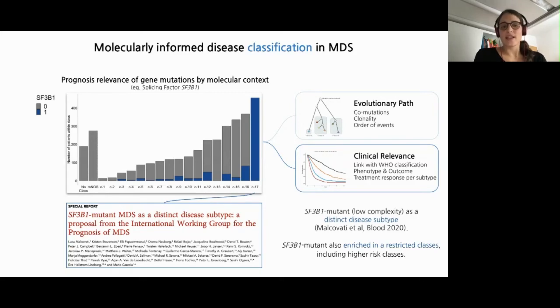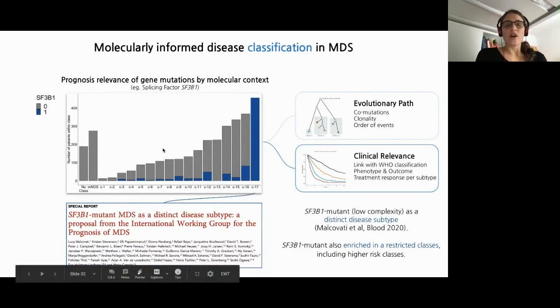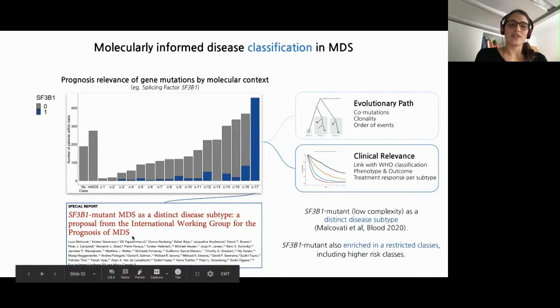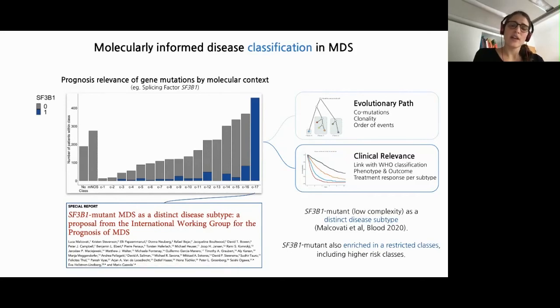And typically, SF3B1 disease is a favorable disease with a milder phenotype and longer survival. The bar plot on the top shows again just the size of the molecular classes, color-coded by the presence or absence of SF3B1, and presence is blue. And we clearly identify one class which is driven by SF3B1 only, and which is in line with the recently suggested WHO International Working Group recommendation for SF3B1 disease. But we also have some other classes which are enriched for SF3B1, and those classes do behave quite differently.